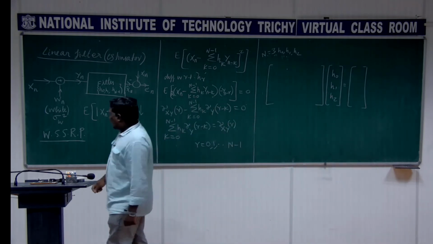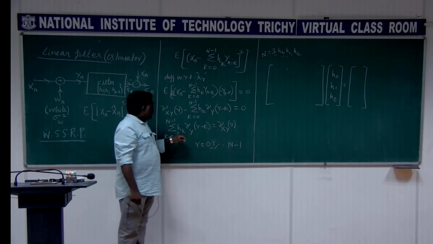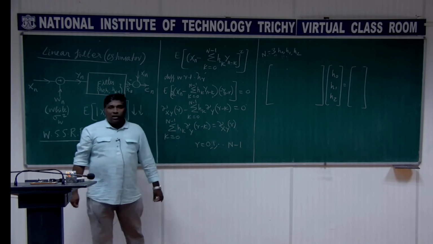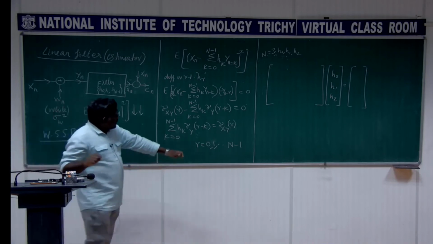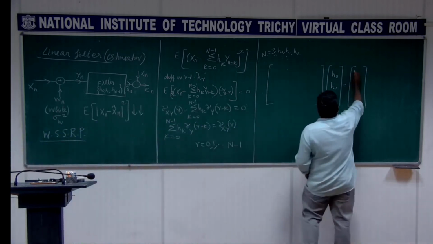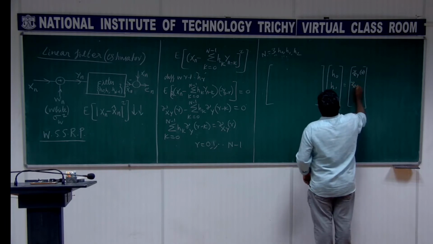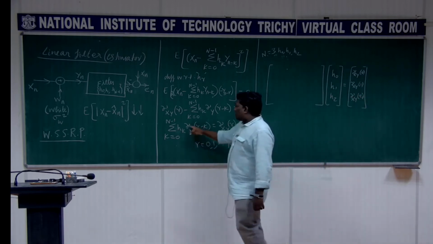So what is the expression you get here? This one, gamma y of r minus k. On the right hand side, let me write directly gamma xy of 0, gamma xy of 1 and gamma xy of 2. On the left side it is gamma y,